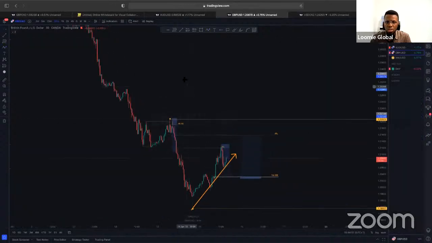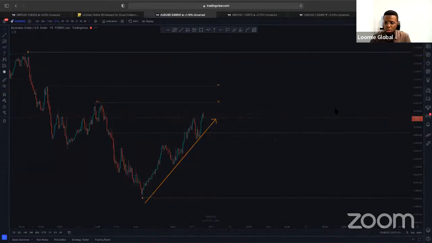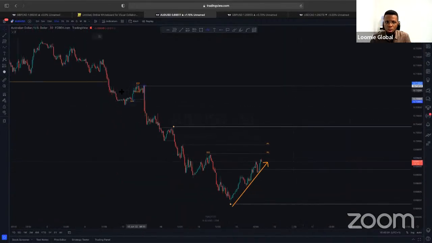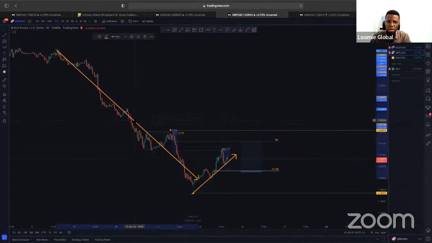On GBP USD, what are we seeing? We have the opposite of that. We have a massive push to the downside, right? These two pairs are inversely correlated. I mean, they are not directly correlated, they're inversely correlated. On AUD USD as well, you can see that we have a massive push to the downside, whereas on USD CAD, we have a massive push to the upside. They are inversely correlated. So there are a bunch of pairs that have relationships with each other like that, right? But that is not for you to bother your neck about right now.